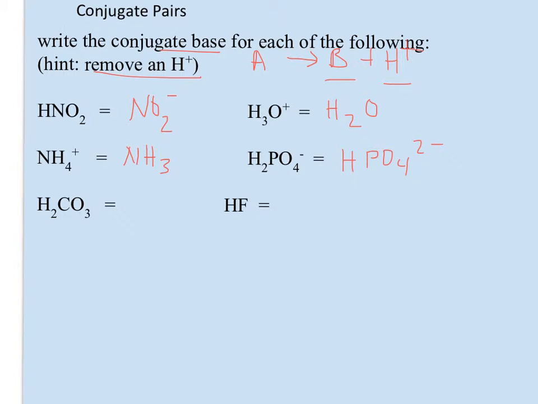And this brings up the point that when you have an acid like phosphoric acid, which is H3PO4, it loses the hydrogens one at a time. It's a single ionization. Only one hydrogen gets peeled off at a time. So this would be a likely scenario that it could go from H2PO4 minus to HPO4 2 minus. H2CO3 could give up that first hydrogen and leave behind HCO3 minus, and HF would leave behind just F minus. So those would be the conjugate bases.